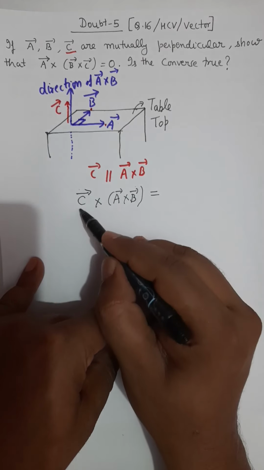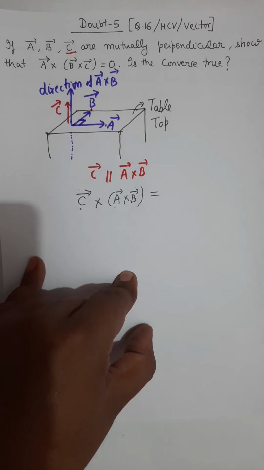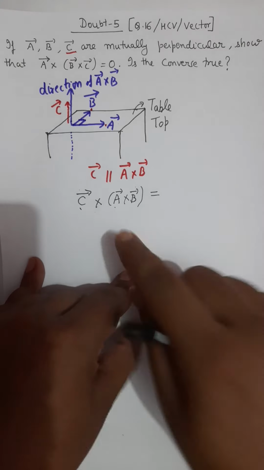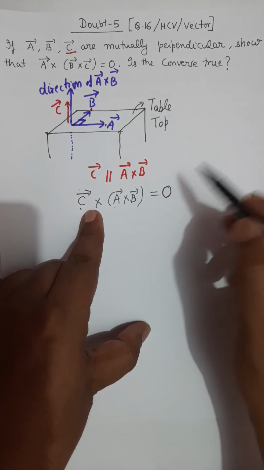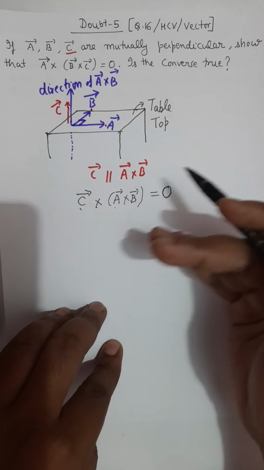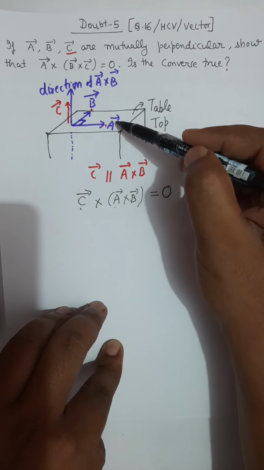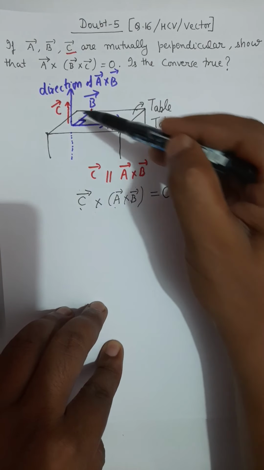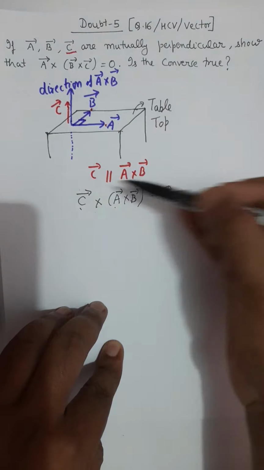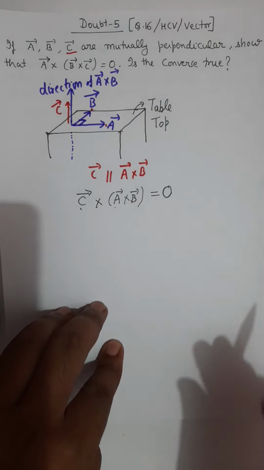then it will be 0 because these two vectors are parallel, and as per the definition of cross product, we have sin theta in the expression. If you take a cross product of two parallel vectors, it will be 0. By the same argument, you can prove this statement also. I have taken A and B on the table; you take B and C on the table, and let A be on this side. Then by the same argument, you can prove that A cross B cross C will be 0.